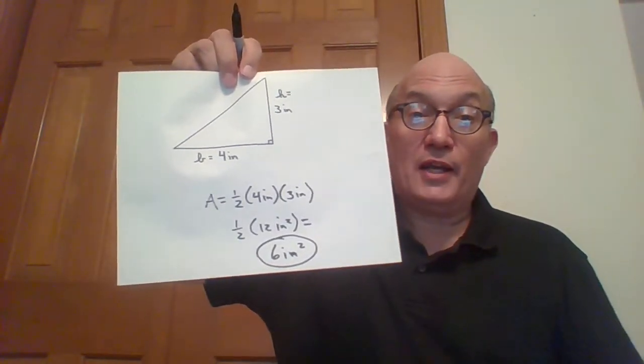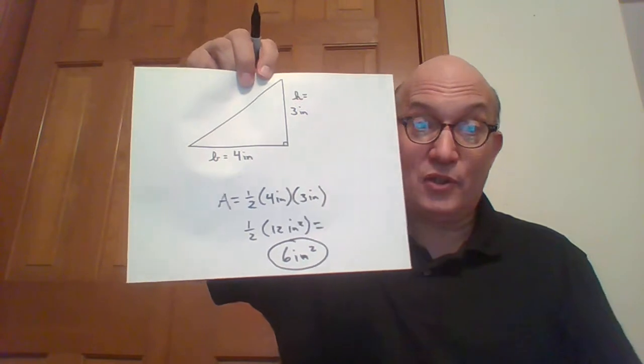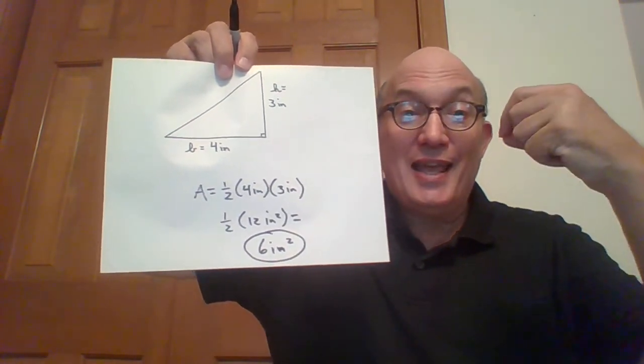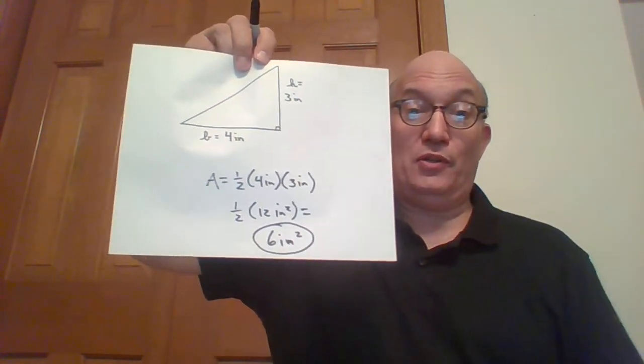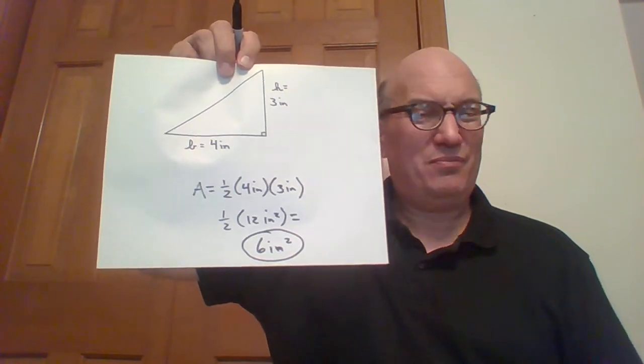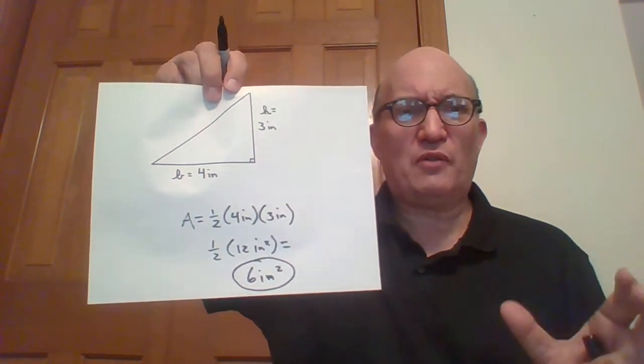It's half of a rectangle. That's 4 inches by 3 inches. Its area is half of 12 square inches, 6 square inches. Pretty intuitive, pretty straightforward. But now, ladies and gentlemen,